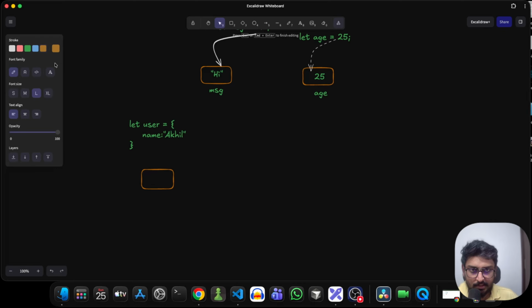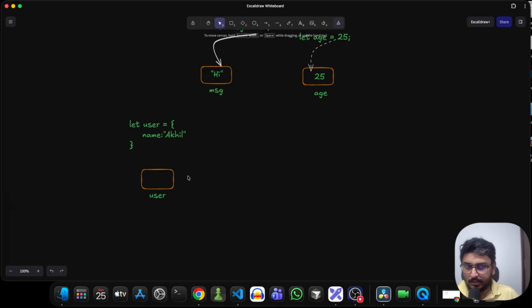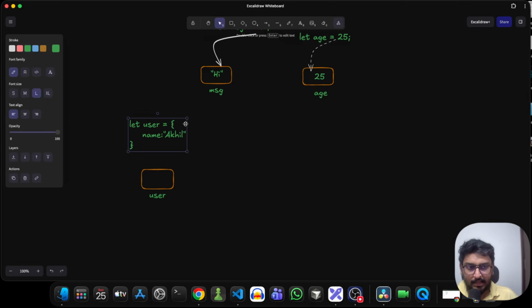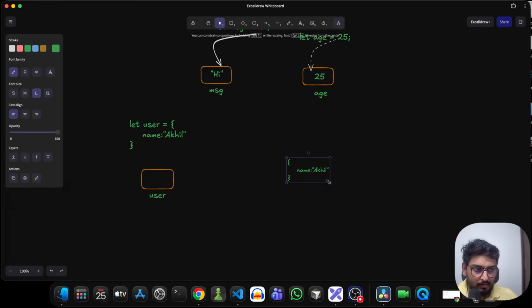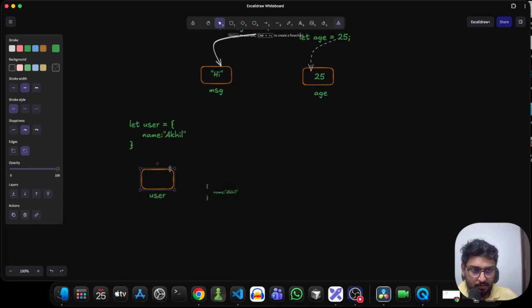So this is nothing but our user variable. Now, instead of this entire content being stored inside this memory location,